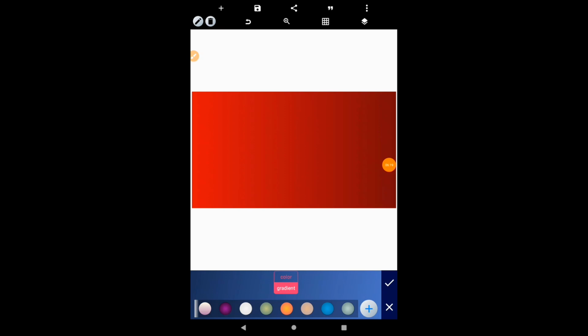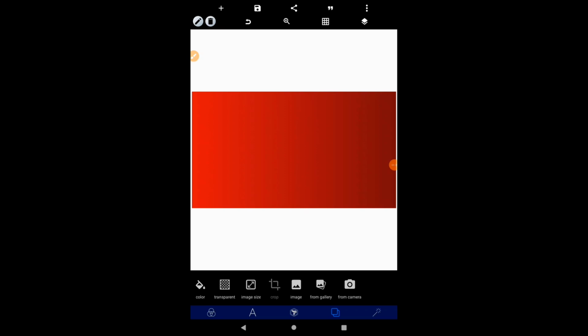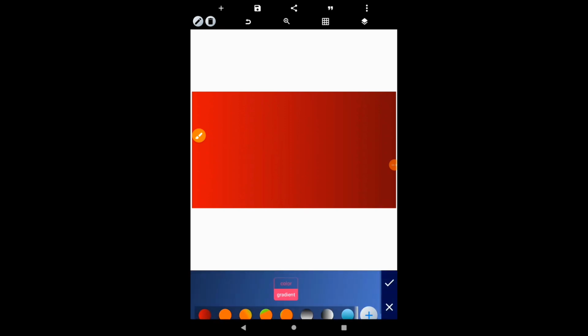Alright guys, so I'm done manipulating the background. I would like to go with this particular background. And how do I achieve this? I came to colors here, so you click on this particular button here, then you come to color. The color, you click on gradient, you click on this plus icon here,